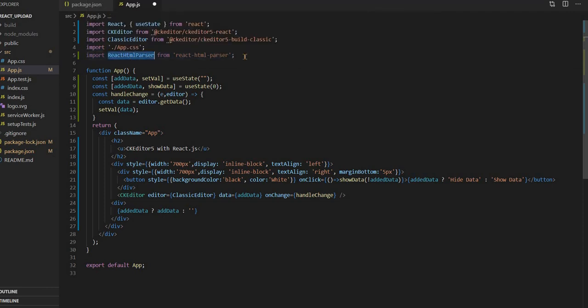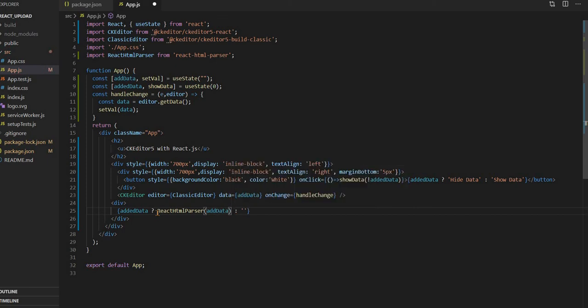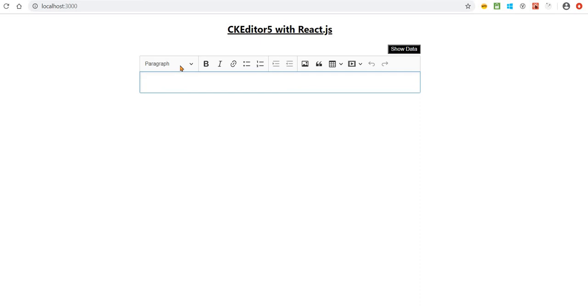Then import it into the code like this. Here we have to just add ReactHtmlParser and just the brackets. So let's check it out.